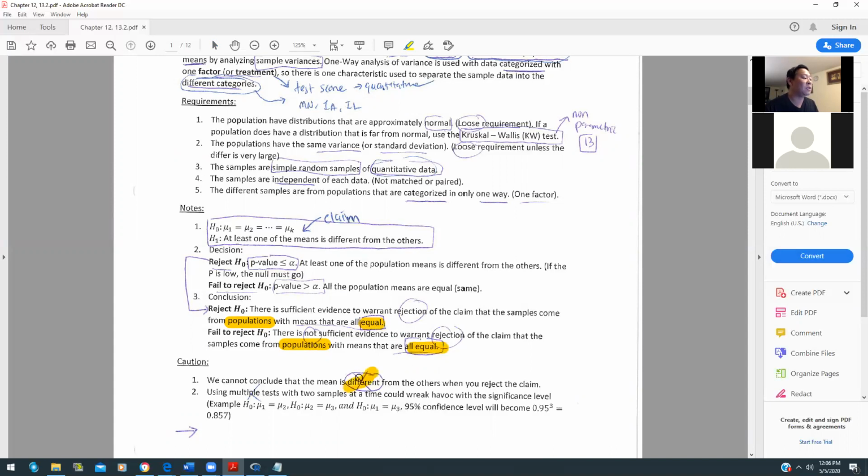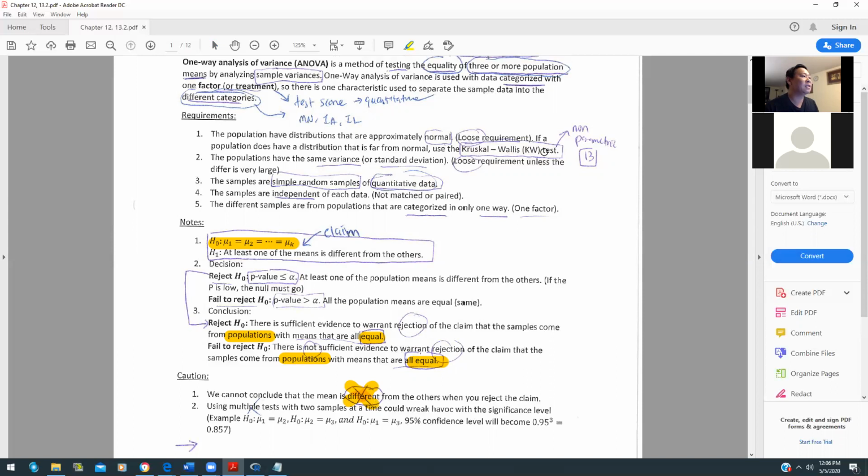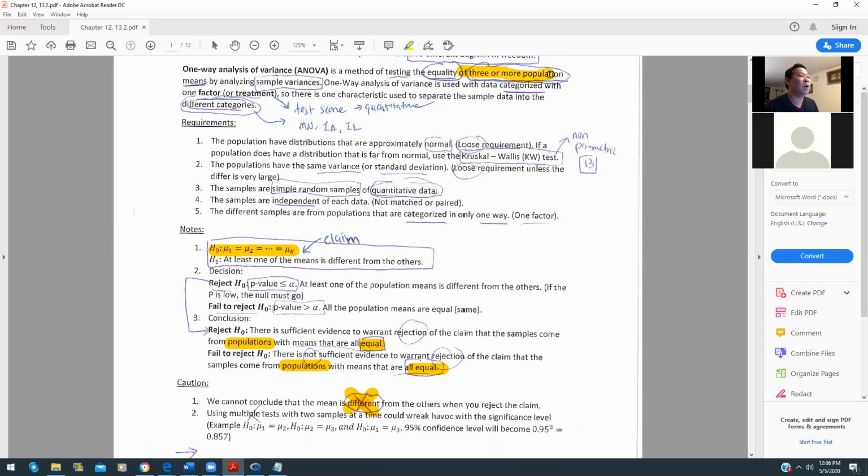You cannot use the word different here, because if you use the word different, we are not making the correct conclusion in this case. So your conclusion is always equal. The reason why we always use equal is because your claim is always equal in this case. So when you do your conclusion, make sure you use the word equal, not the word different. And as you guys know, one-way ANOVA is for 3 or more